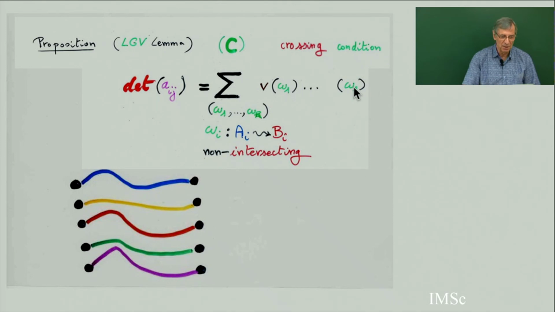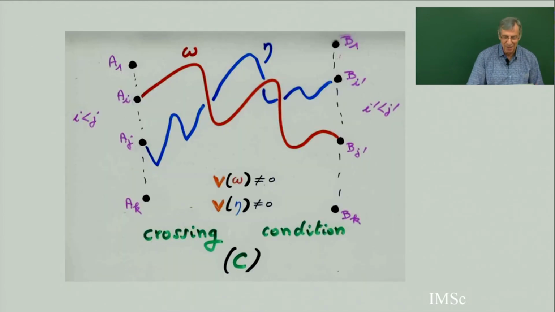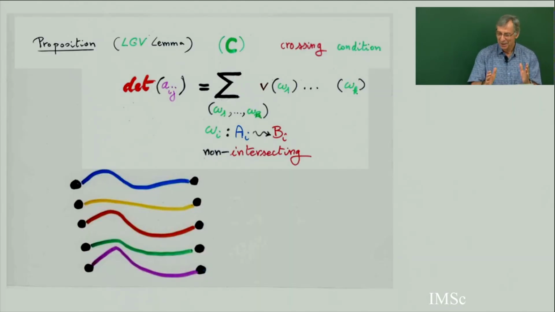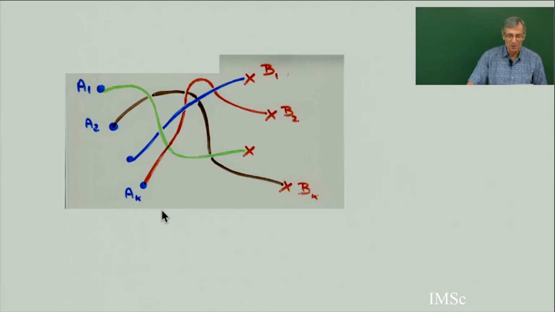So this means that there is no more plus or minus number of inversions. In this big summation defining the determinant, all the terms are going to cancel. What will remain will be only the terms corresponding to the identity permutation. And even with the identity permutation, some paths can intersect. For example, this path can go up here and go down here, but only the configurations with non-crossing remain. So there is a tremendous sign-reversing involution.